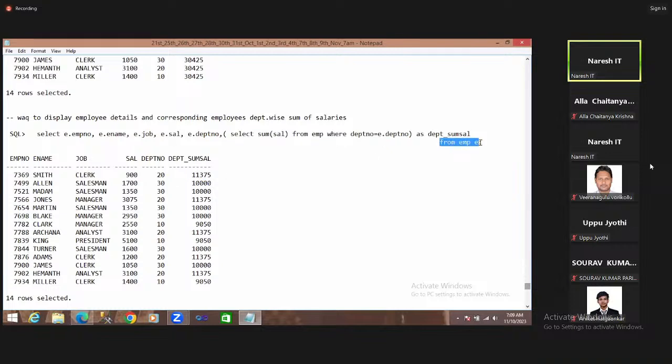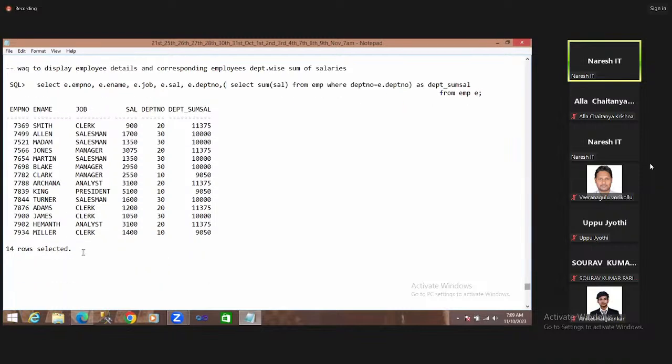The second record is fetched from the employee table: 7499 Allen salesman 1700. Here the department number is 30, so again the department 30 sum of salary is displayed. Okay, so the next one is